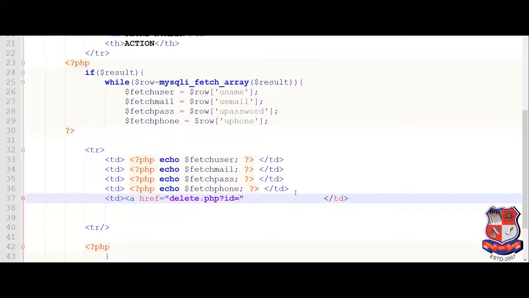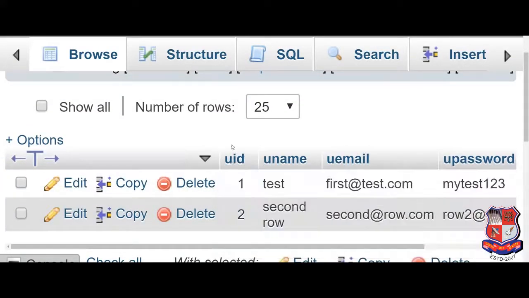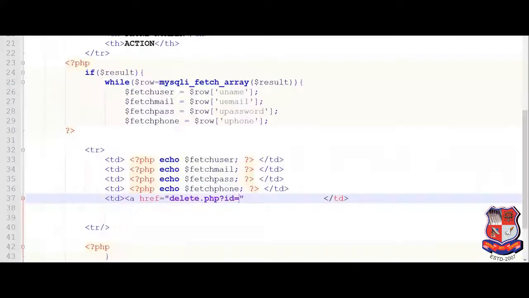Suppose we are having 20 rows, then we have to find which row we want to actually delete. We can find it based on the primary key that we have created in the database, this one, user id. So based on this primary key we can delete the rows.